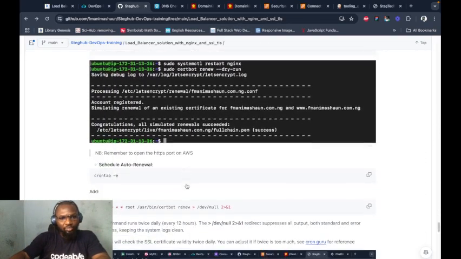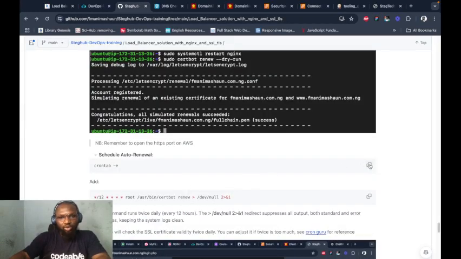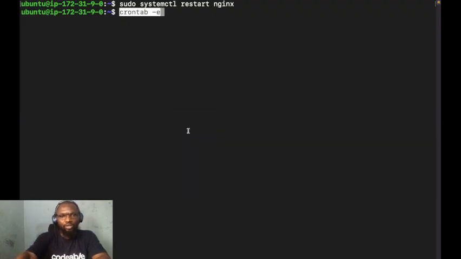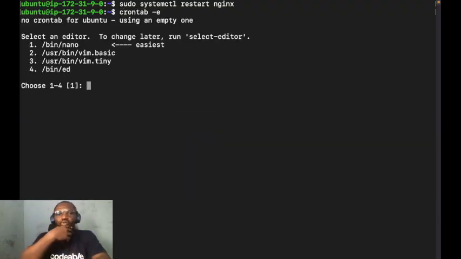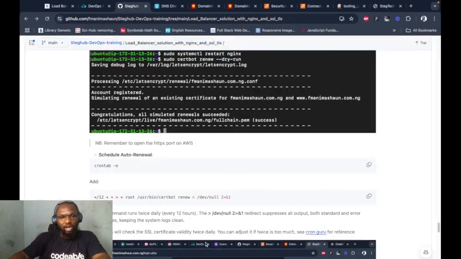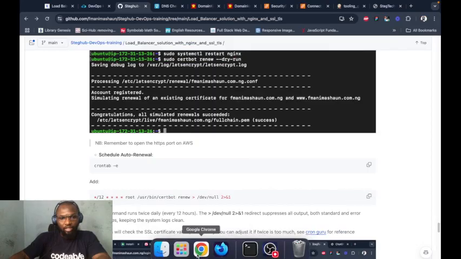Now, to achieve that, you just need to copy this command. So you paste it. Now it's going to ask you to select which text editor you want to use. For me, I'm using Nano, so I'm going to pick one. Press enter. So it's going to open the cron job for me. So all I needed to do is come back here, copy this particular code, right, and